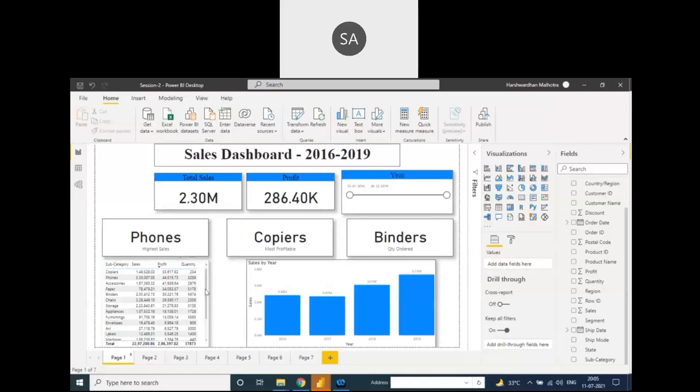Yeah, sure. First of all, we choose the card from the visualization. It's for numerical values. When we select the visualization, there's a field option. It's sales, so we drag and drop it on sales and it's total sales. Second is profit: how much is the profit for the total sales. So the same card pops up again and the field shows the profit only.